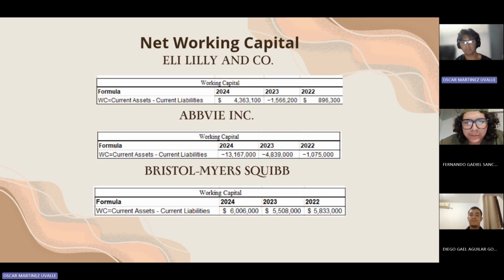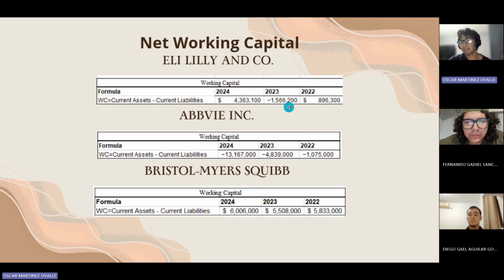Then we have the net working capital, which basically proves if the firm has the liquidity to operate. And basically, we can know it by the formula, which is to subtract the current liabilities from the current assets. And in the case of Eli Lilly & Co., we can see that 2024 and 2022 were positive numbers,